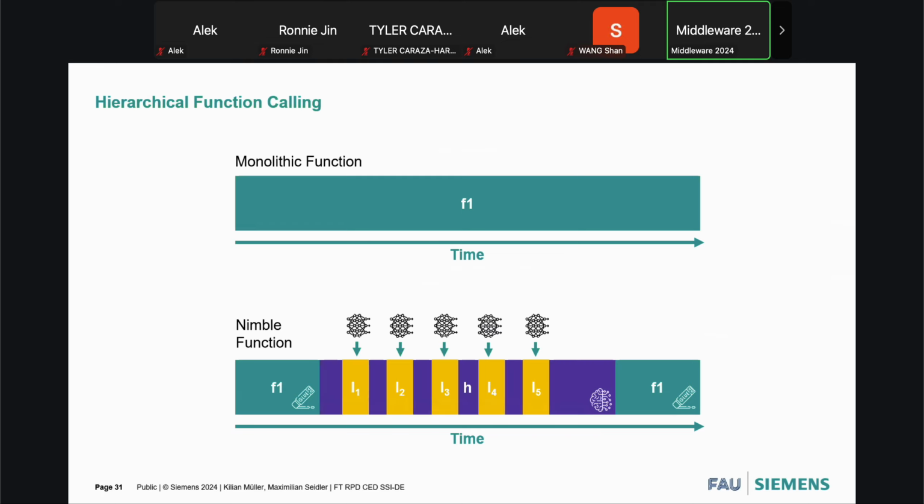Another good example for the latter approach is the following. So you have a neural network. You want to split it up by its layers. So you can load one layer and